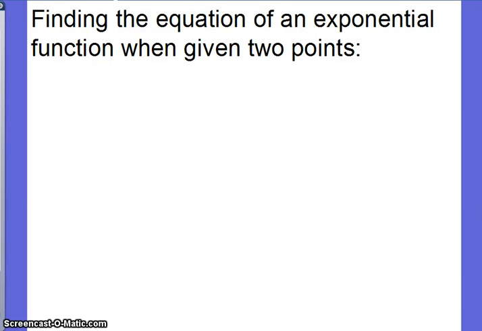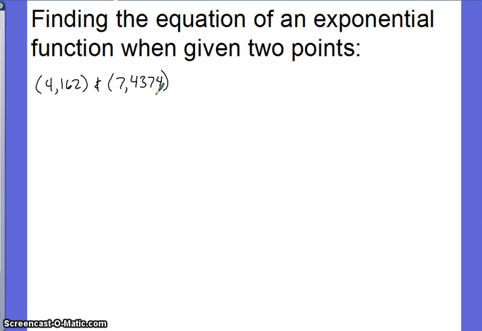Alright, I'd like to welcome you to today's lesson on finding the equation of an exponential function when given 2 points. Alright, so the 2 points that we will be given are (4, 162) and (7, 4,374). Now remember, an exponential function with exponential growth or exponential decay is either going to go up very fast,